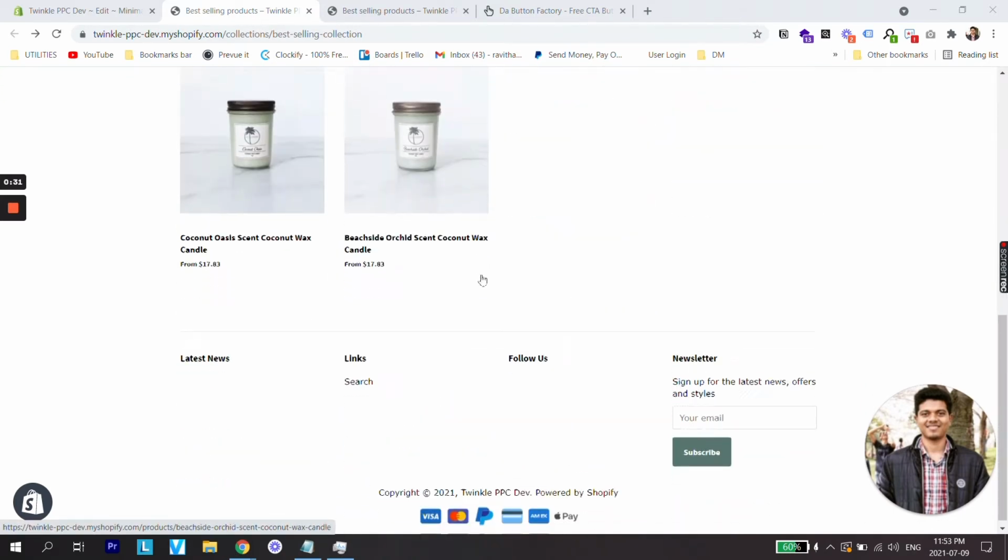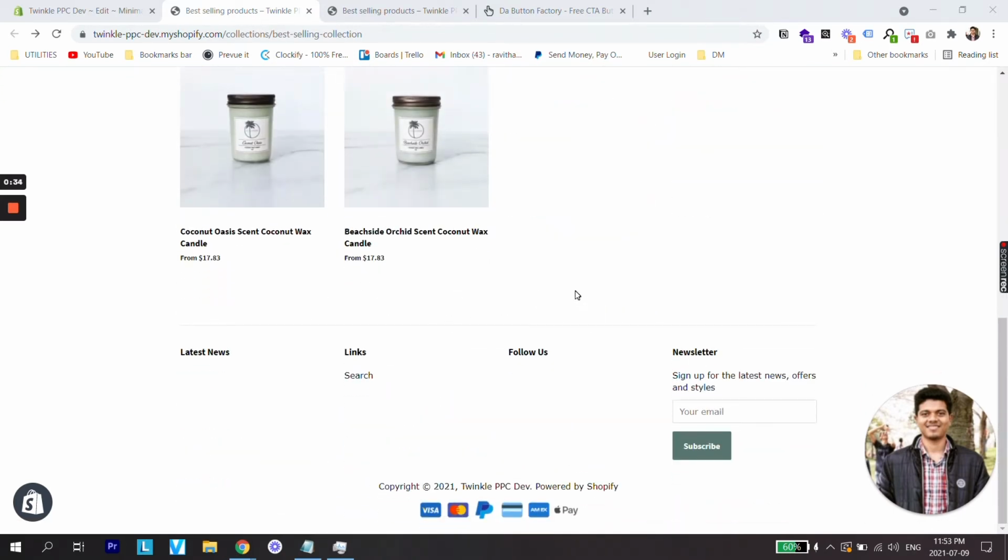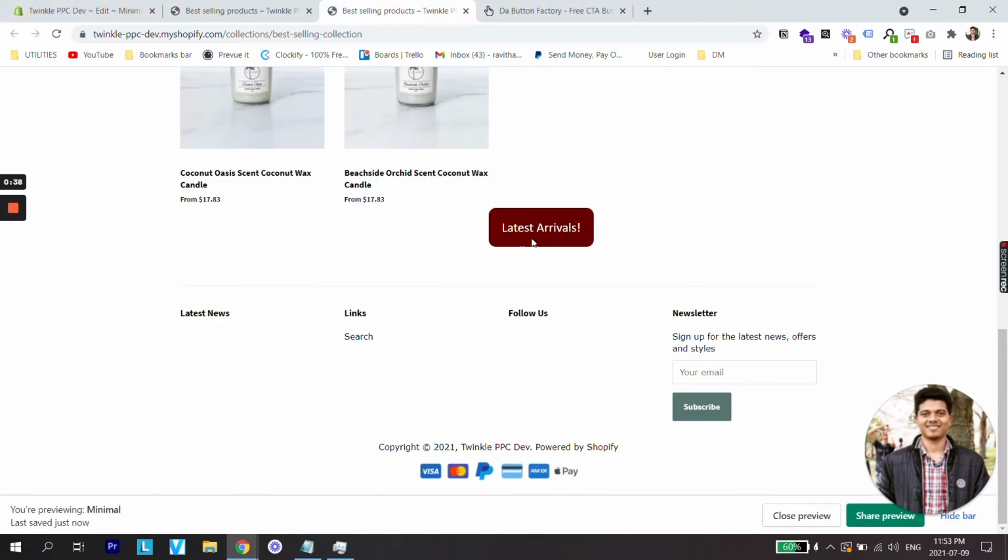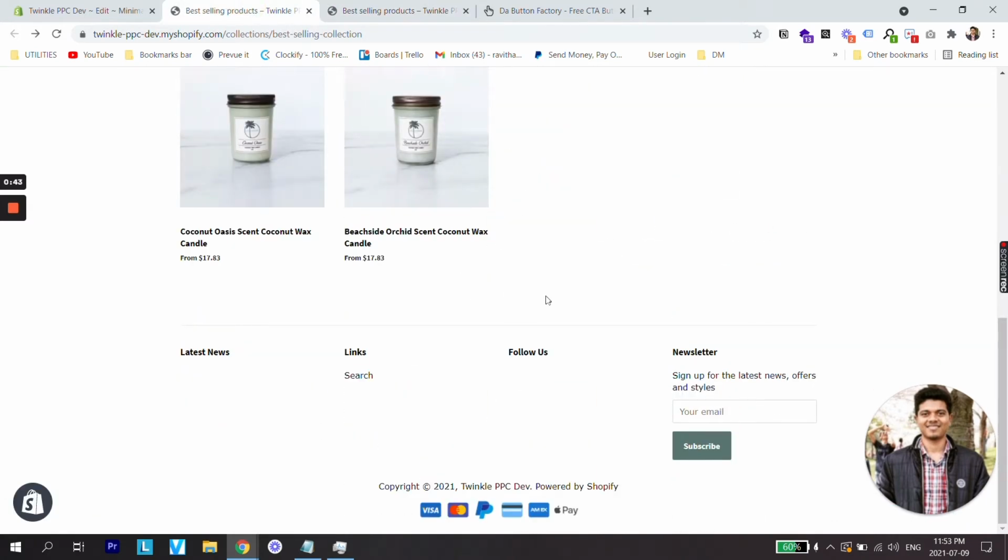website, and if we scroll down right now, let's say I want to add a button here so that it looks something similar to this latest arrivals. This is the page with the button, and this is another page where we would be adding the button. So in order to do that, the very first thing you need to do is go on